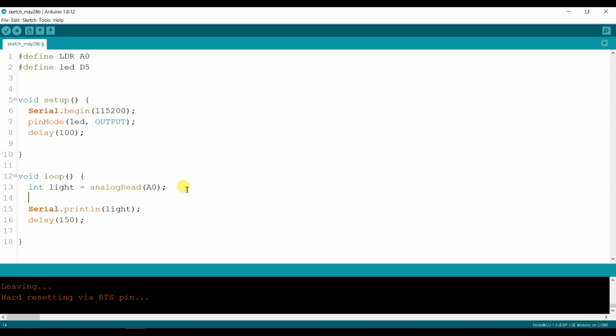Here I will create an if-else condition. If light is less than 150, then the LED should be high.